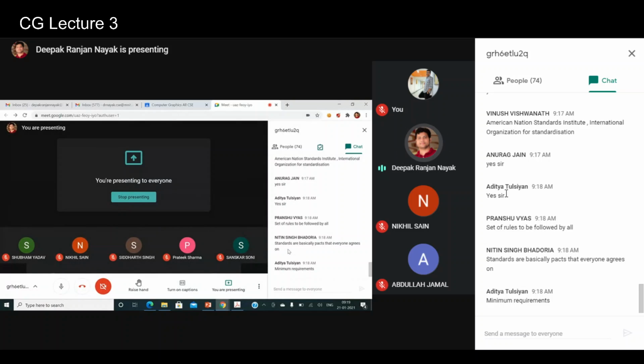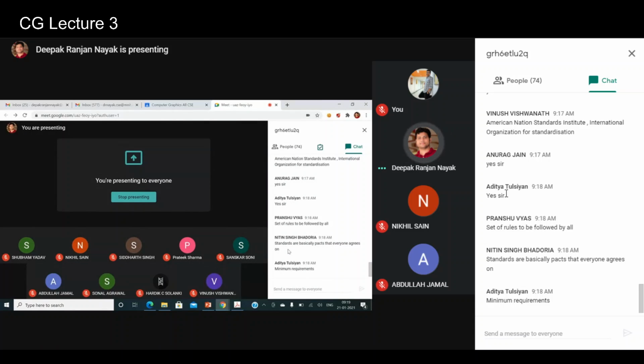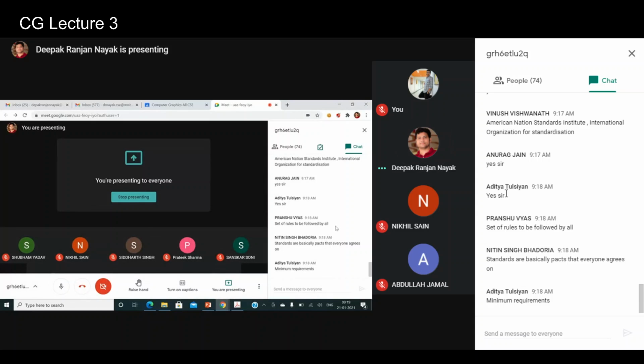Once it got standardized, a rule was fixed so that you can use only this syntax. You cannot go beyond that. If you go beyond that, there will be some error, right? So everybody has to follow the same rules and regulations, which is required, or else there will be a problem.